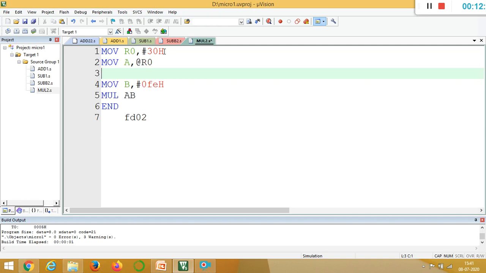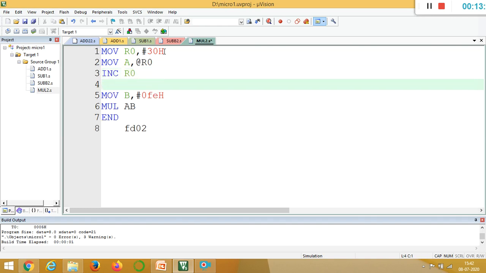Next I will take the same memory location, meaning in 30 I am going to store one value and that value has to move to A, and in 31 I will take one more value and that value has to move to B, and then it has to be multiplied. So before that I have to make that pointer point to the 31st location. For that I have to use the instruction INC R0. When I execute this instruction, R0 is going to point to the 31st location.